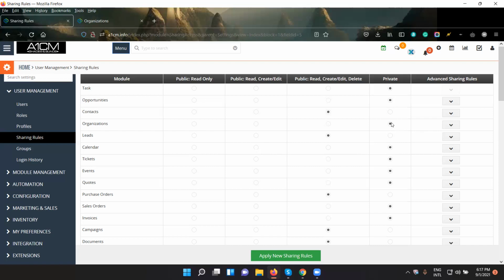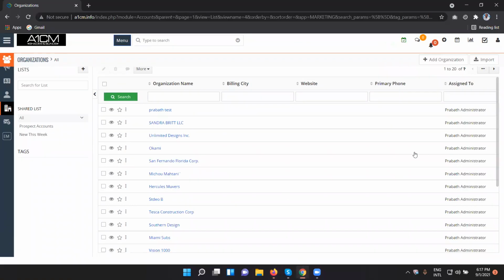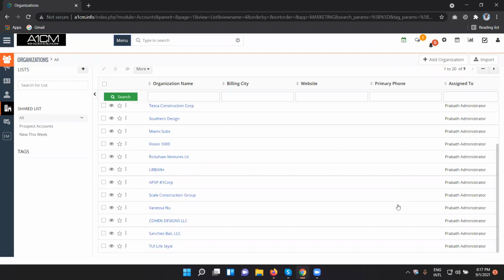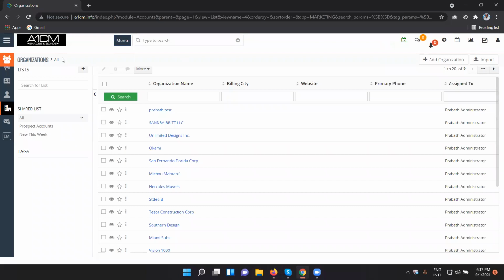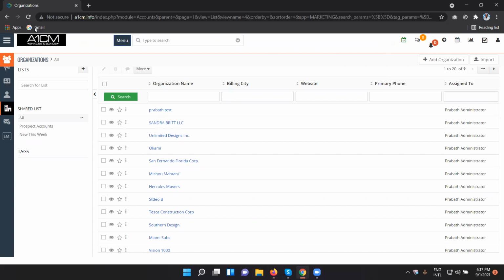Okay, so I have set this to private. Then see what happened. In here you can see this organization module. All the records are by default assigned to administrator, but this user is a salesperson. His name is Menu, right? So once I set the privileges to private, and when I refresh this screen,